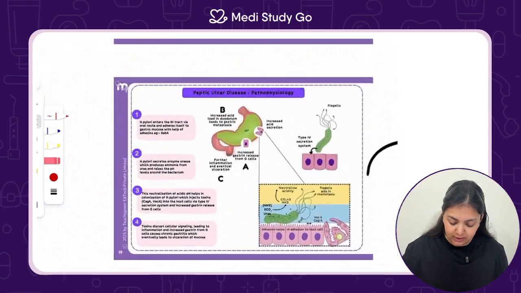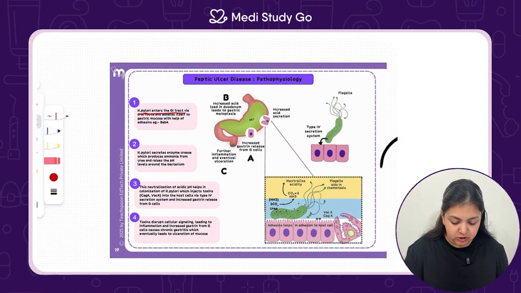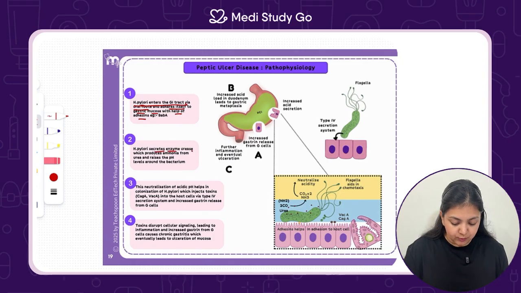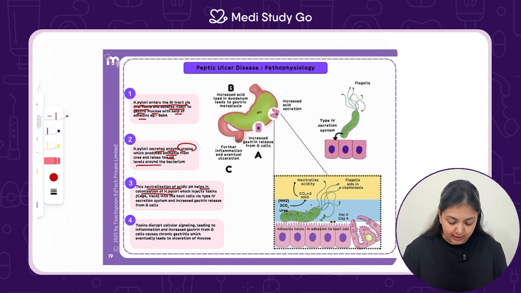So this is the number one etiology wherein H. pylori enters the GI tract via oral route and adheres itself to the gastric mucosa with the help of adhesins. Then it secretes enzyme urease which produces ammonia from the urea and raises the pH levels around the bacteria. This causes a favorable environment and neutralization of the acid which helps in the colonization of H. pylori, and it injects toxins into the host cells, thereby causing an increased gastrin release. This toxin disrupts the cellular signaling, leading to inflammation and increased gastrin, thereby causing chronic ulceration and the formation of